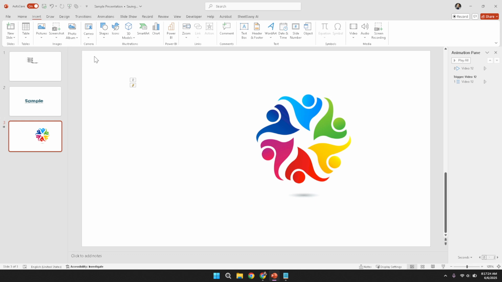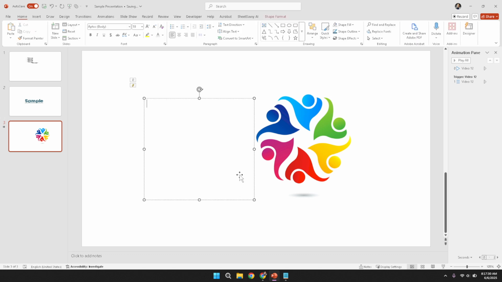Navigate to the text box tool on the Home tab and click on it. Then click anywhere on your slide where you prefer to have the text. Start typing the message you wish to overlay on the video. This text will serve as both the focal point as well as the creative illustration when merged with the video